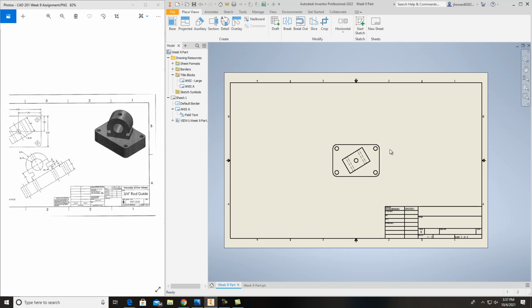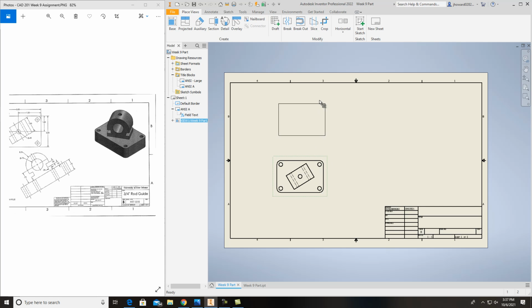Now, I escape a few times, and you see how it puts a little perforated perimeter around it? I'll grab that, and I can move it. Just left-click and pull and move. So this is a perfect top view. Now, if I want the front view, I go to Project. Click on it, and I can pull it straight down. See how it's in projection orthographically? And I'll do myself another projection